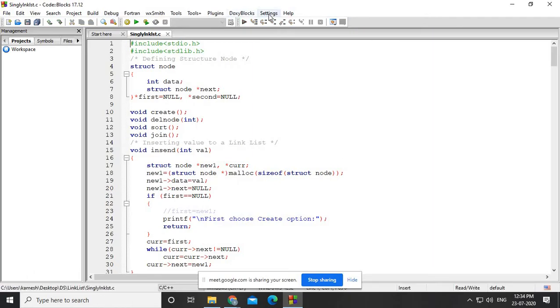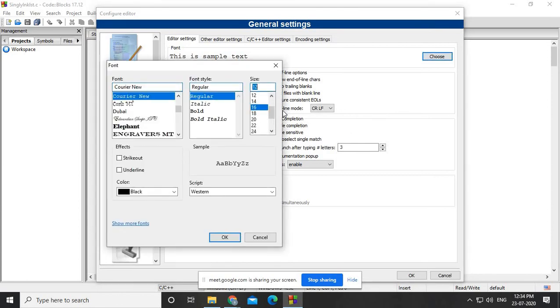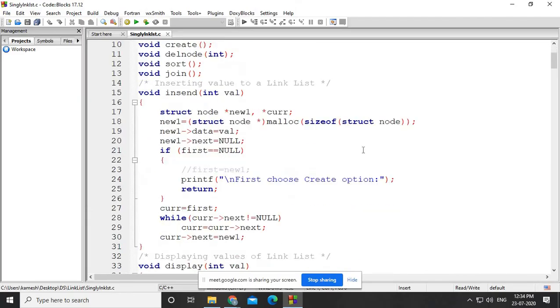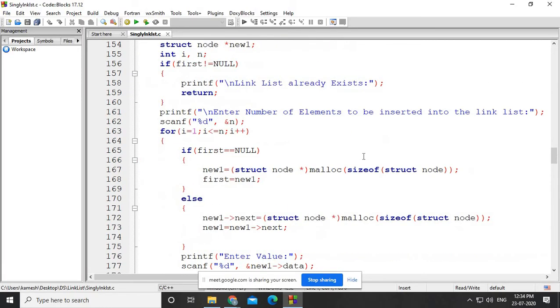So basically, let's increase the font first. Fine. So here you just come to this particular part.